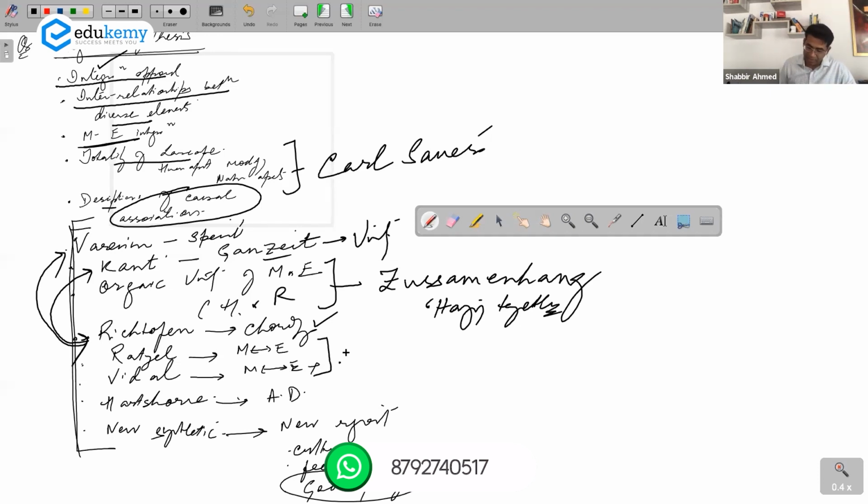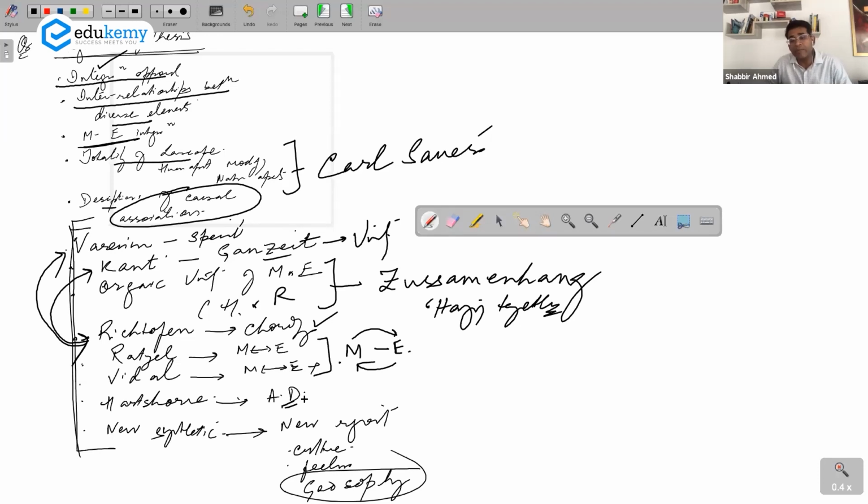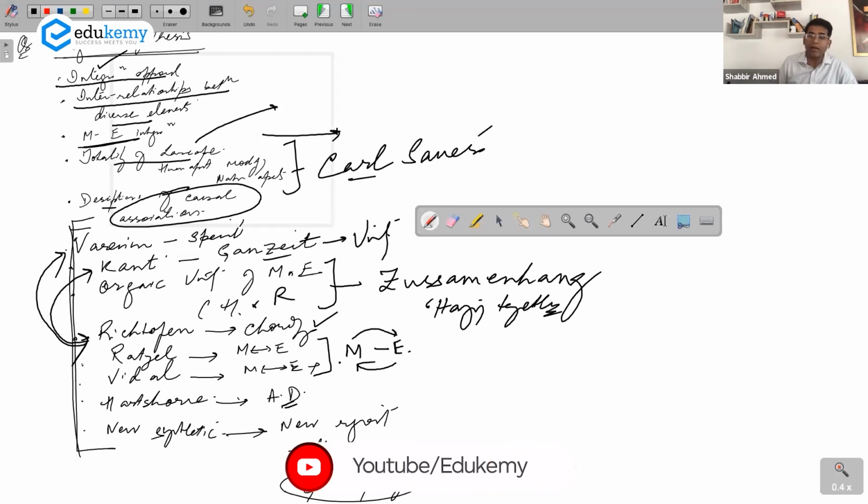Ratzel ka, this is about the man-environment relationship. Man impacts environment, environment impacts man. Hartshorne's areal differentiation. The totality includes both natural and human. Okay, forest bhi hai, tribes bhi hai, land bhi hai, agriculture bhi hai, farmer bhi hai. Okay, you have the seas with the fishermen and the boats and the coastal landscape. The totality of landscape is both natural and human aspect. Okay, this is one, Carl Sauer told, and one more name here, the totality of landscape, compage of Whittlesey. Okay.